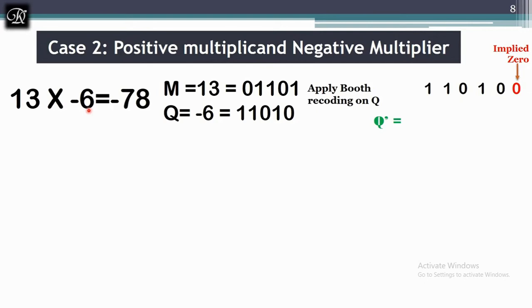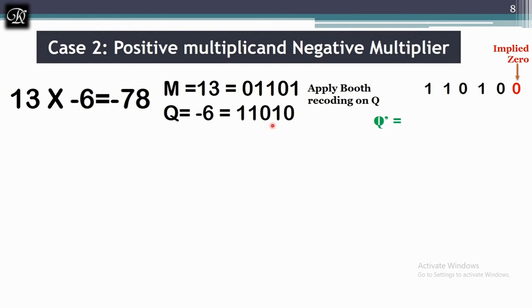I'm taking the same value, just exchanging the signs because it will be easy for us to verify the answer. You can try out with any number, you'll get the answer, but you should follow the steps. Now this is -6, so you have to find the 2's complement of the 6 and you will be getting this, which is the -6, the 2's complement of the +6.